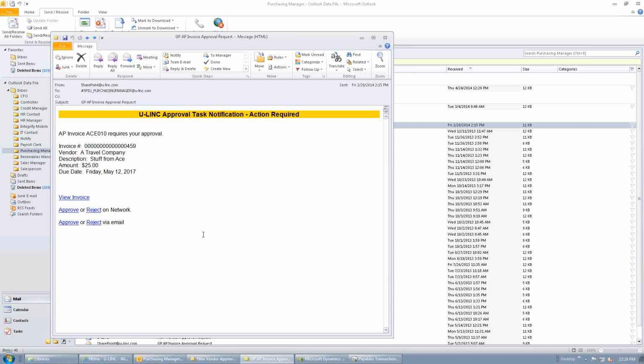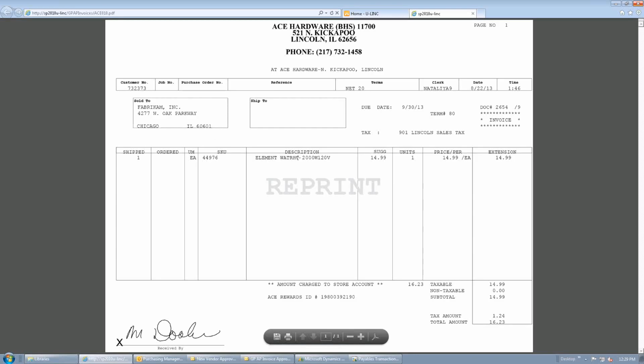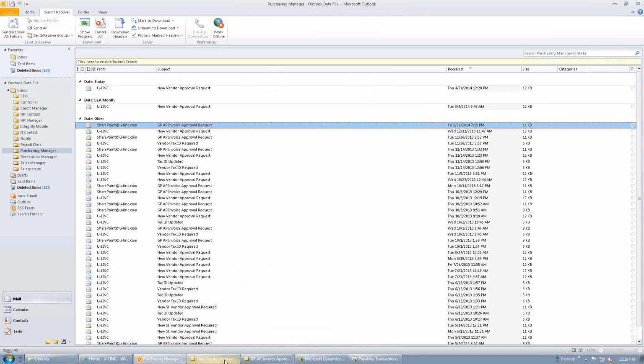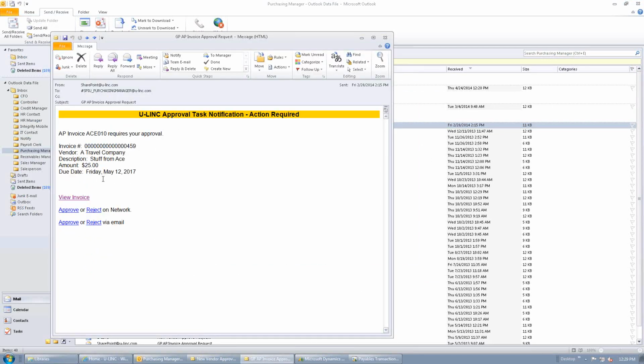Now, a couple things can happen here. One is that if the approver is on the network, and again, they don't have to be a Dynamics GP user or even logged in, they can view the invoice directly from the email. Okay, same thing, linking back to the original document that's stored in a document library. Okay, let's go back to the email. Now the approver can approve or reject if they're logged onto the network,